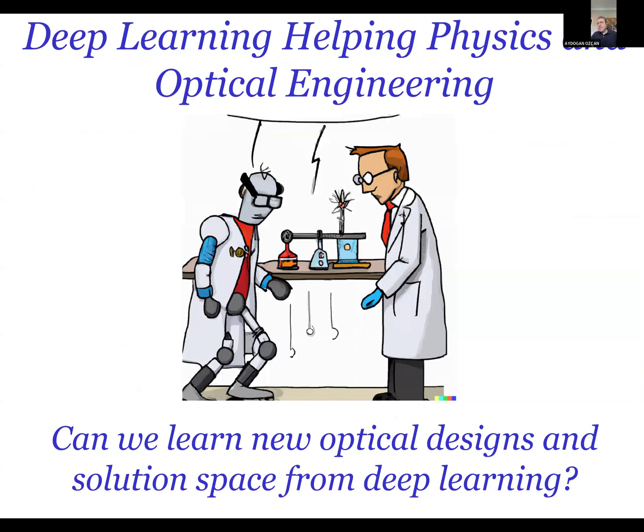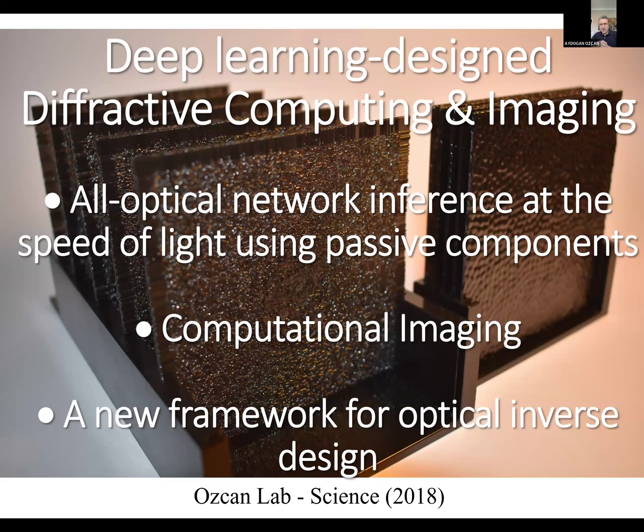So in the interest of time, I'll finish off by saying that you can also flip the coin and look at the other side of the equation, where deep learning can help physics design these new optical systems beyond the solution space that we optical engineers are accustomed to seeing. And that's where deep learning helps us design better hardware, better structures. And in this domain, although I don't have time, I want to point you to some of our earlier work